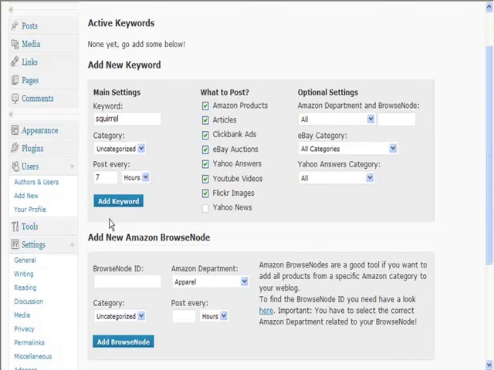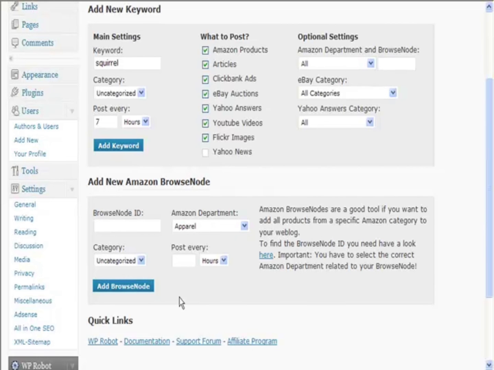automatically. Now this here is very, very useful. It's not the easiest thing to use. You need to go here to find the browse node. It's a little bit difficult. You've got to find the right department. It's not always clear. But the benefit of this particular part is that if I'm setting up a site about,